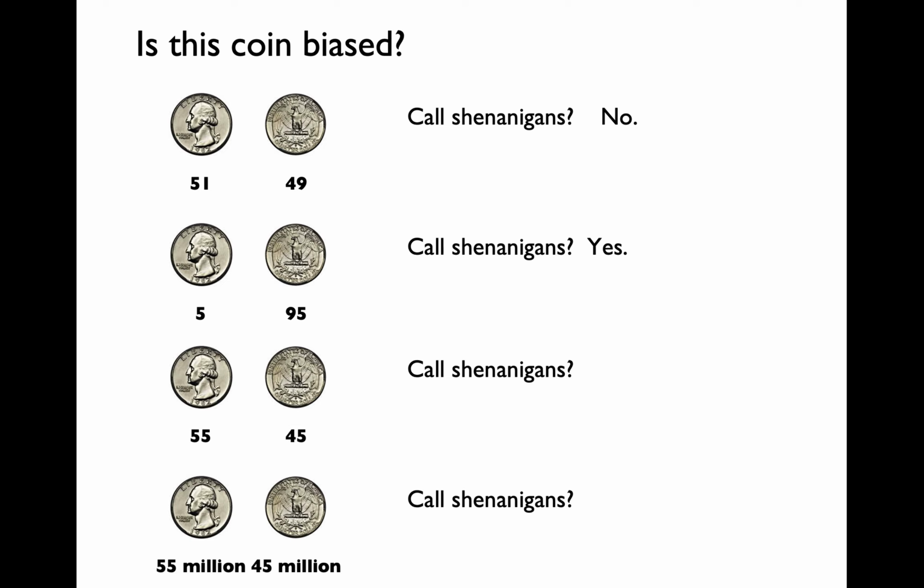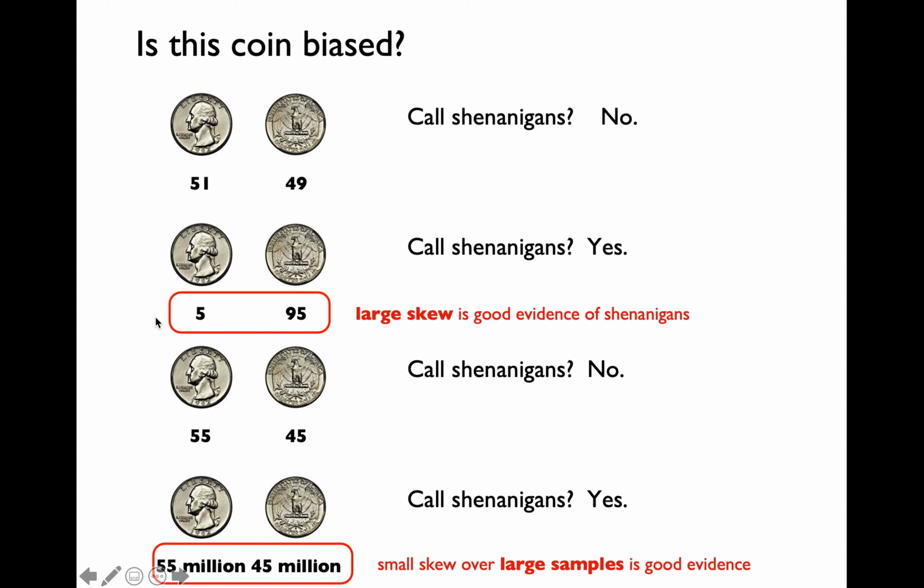Probably not. What if your friend gets 55 million heads and you get 45 million tails? You would probably think your friend cheated. So what sort of basis am I applying here? Couple of things, right? If my skew is really large for a really small sample, then I'm saying that my friend probably cheated. And if my skew is small but my sample is really large because we are dealing with million samples here, that is also a good evidence of cheating, correct?